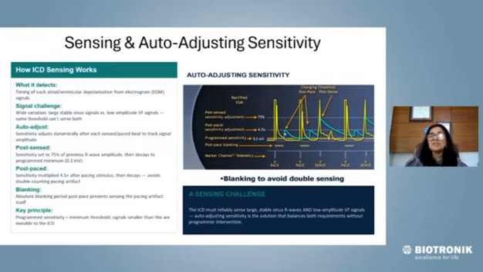Auto-adjustive sensitivity is the solution that balances both requirements without programmer intervention. A very important point that all the young fellows must remember is, for this very reason, when you implant an ICD,